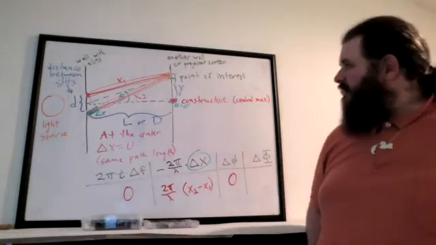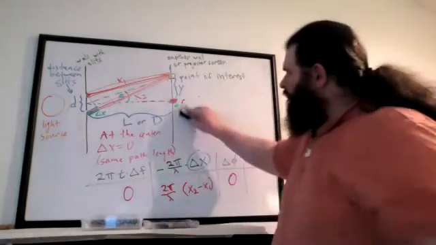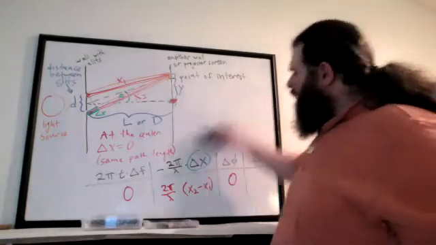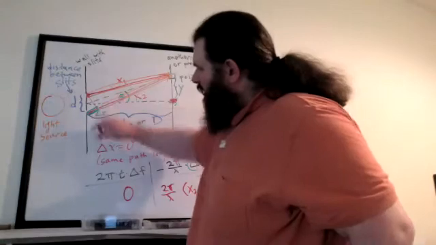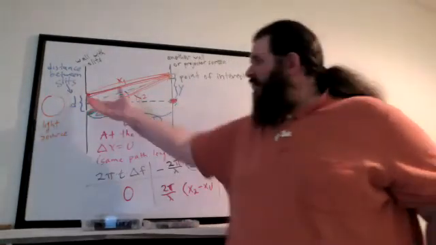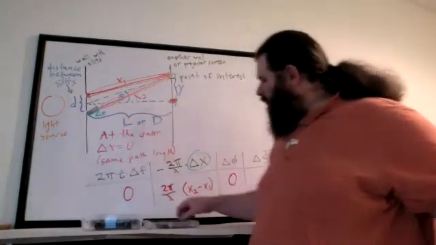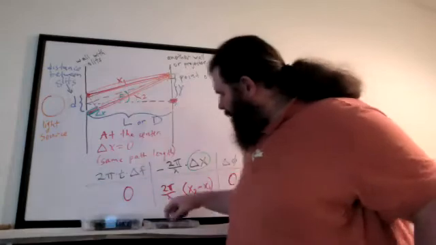So let's see if we can use some geometry to find that little bit of extra distance. I'm going to zoom in on this region right here, because this little region right in the corner is where the magic happens. This is what's causing the different types of interference. So if we take a closer look at that little triangle,